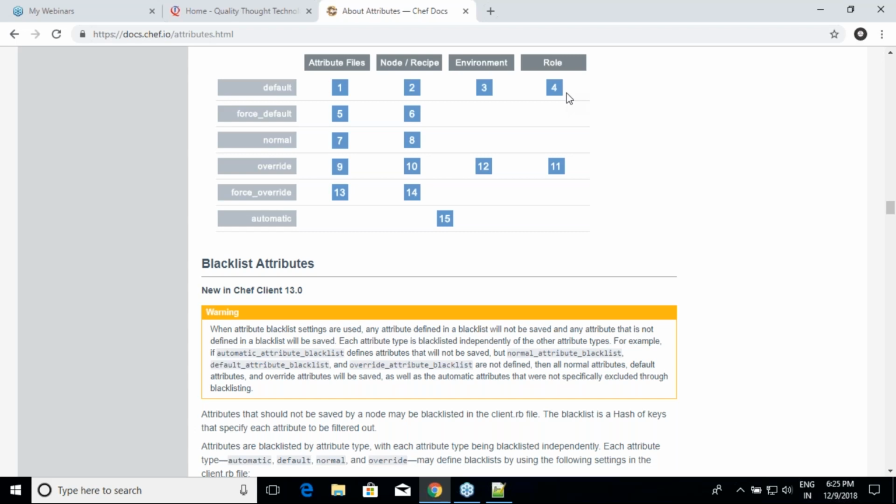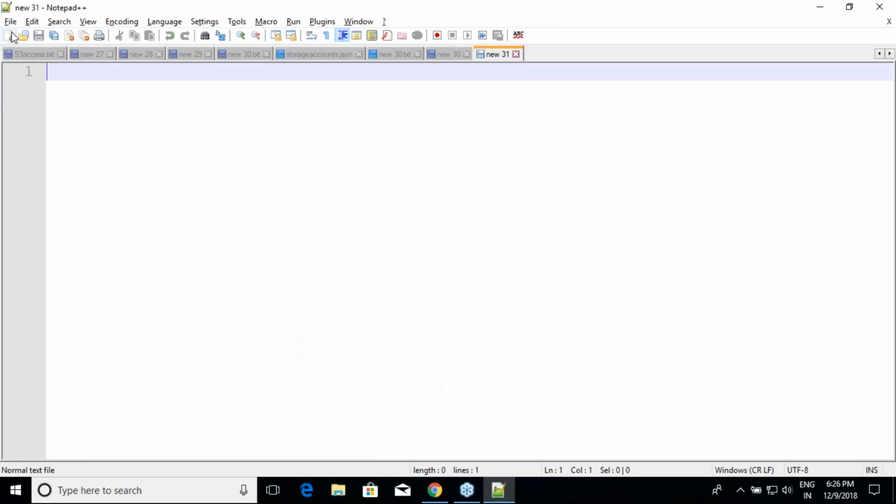Yeah, you can use basically all the stuff till here, right? But automatic is something which you don't have control on. Automatic is something which is owned by Chef. You and me cannot put any variables of type automatic. Remember, we executed something called ohai, right? While we execute ohai, we got too many values, and those values' type is automatic. Remember, we have written this node of platform, right? And node of platform will get to know what is the operating system's value.